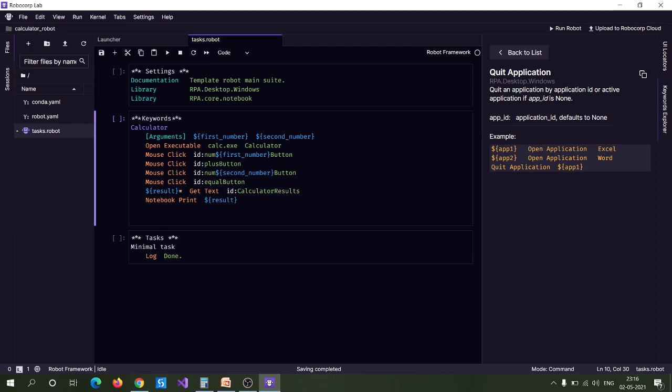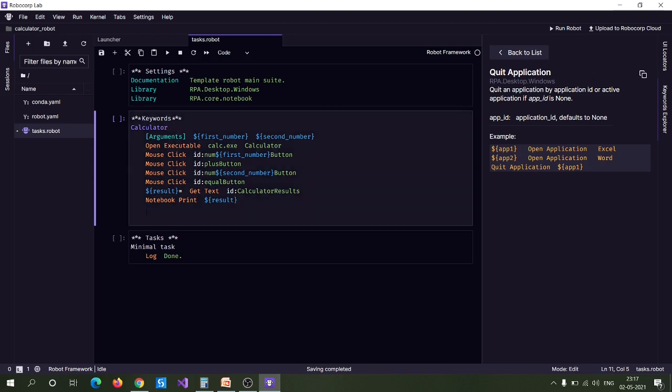The documentation for this is also presented here, so you can refer to it. In this case, even if we don't pass any argument to the quit application keyword, it will close the currently active application. So let me copy this and place it here. Cool.